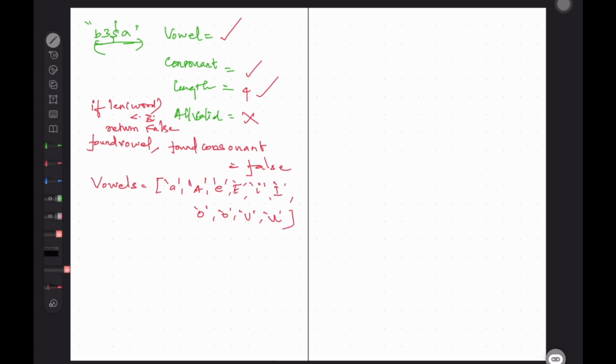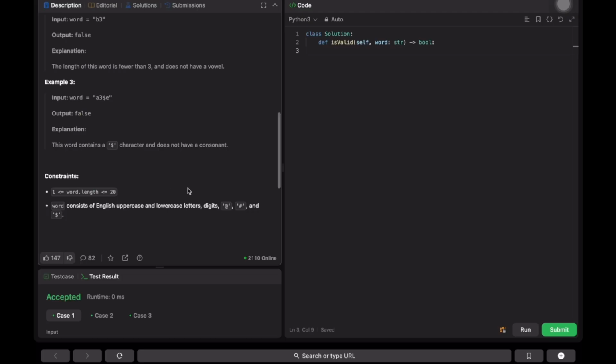They have also given invalid characters, so they will be giving us invalid characters such as hash, dollar and at the rate.